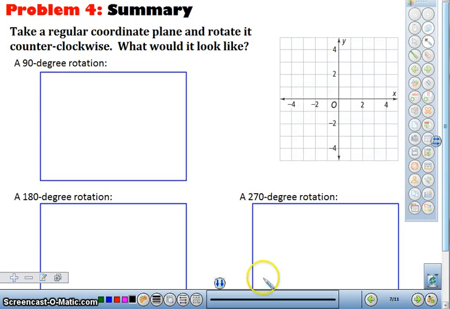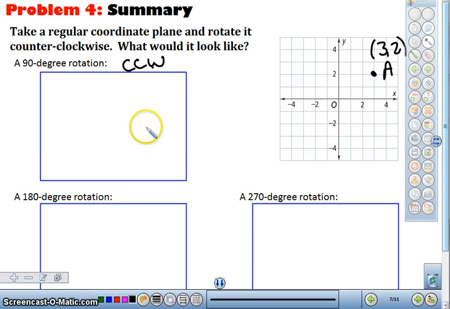So it says take the coordinate plane and rotate it. If we are looking at this, a regular coordinate, rotate it counterclockwise, what would it look like? So we're just going to pick one point. If I pick this point and I'm looking over at the point 3, 2, we're going to call that our point A. What does that point look like when we rotate it 90 degrees? Now 90 degrees, remember, if it's positive, is always going to be counterclockwise. So if we are looking at it being counterclockwise,